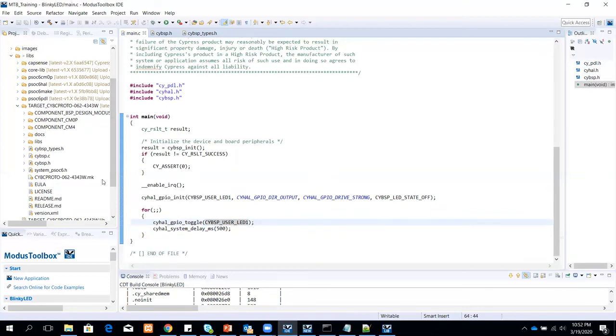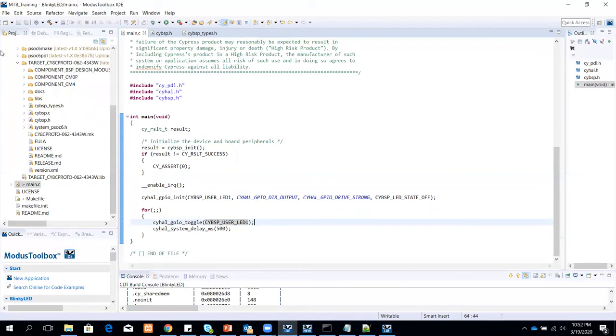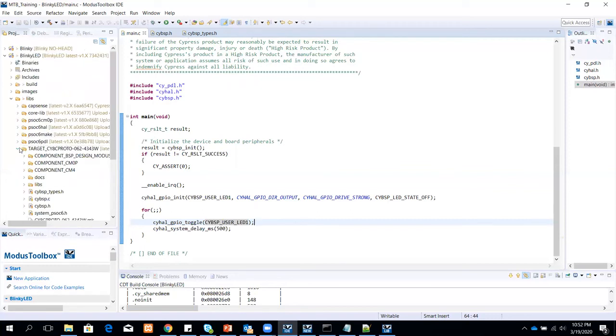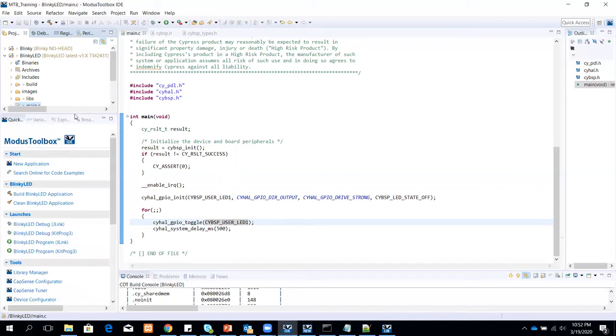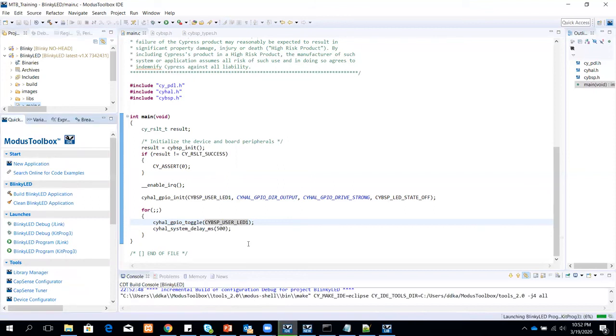It's just lines of code, and we have not touched anything in the files here, and we have created our application. All right, so we just open up the quick panel. You can click on program, which will first do the build, and then it will program the kit.